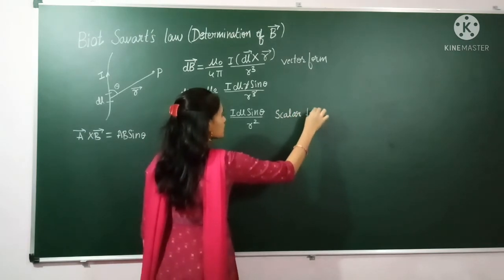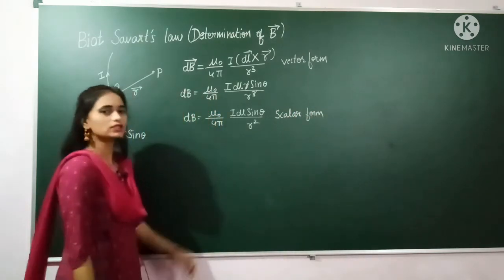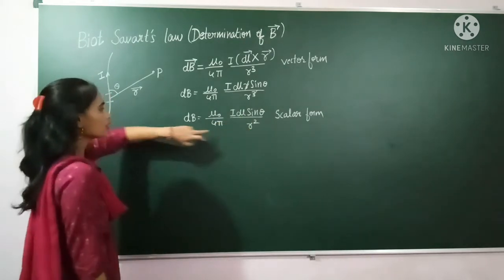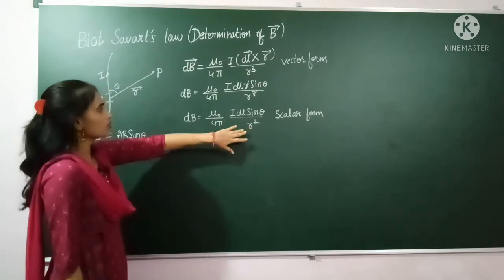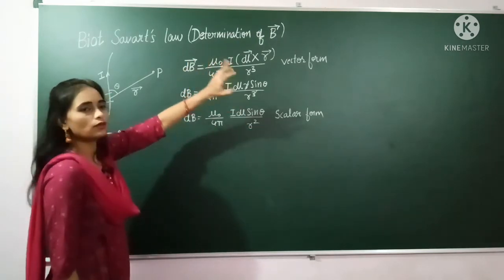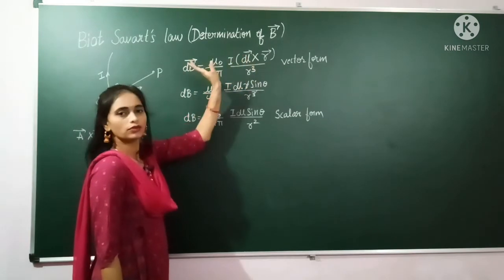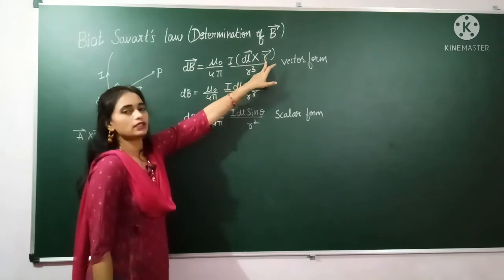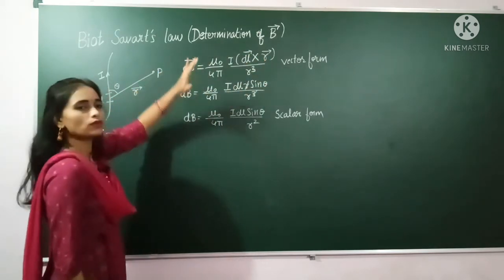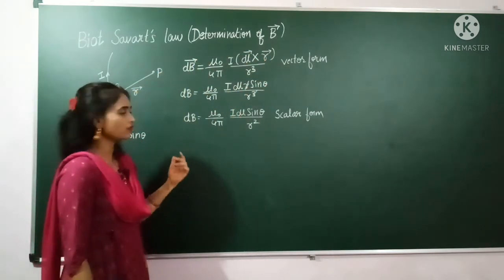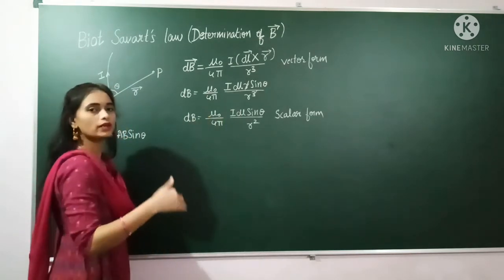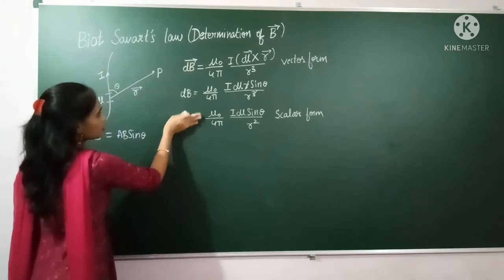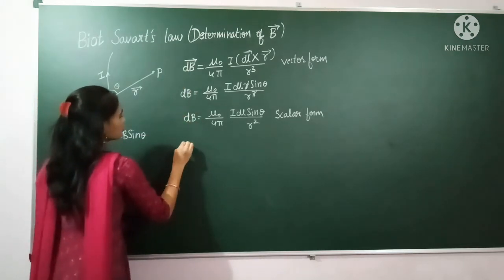Actually we use the scalar form in most cases. Generally, whenever we are solving problems we use the scalar form because it is easy to use. But the vector formula we use whenever we want to calculate the direction of the magnetic field, because in that case we get dl and the vector r. So this formula we use to calculate the direction of the magnetic field, and the scalar formula to calculate the magnitude. This is easy to use. After that I will explain this equation.